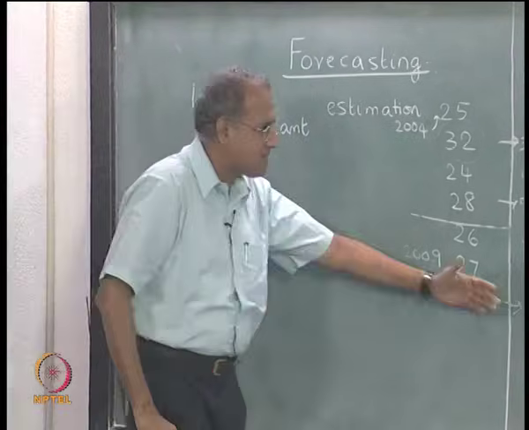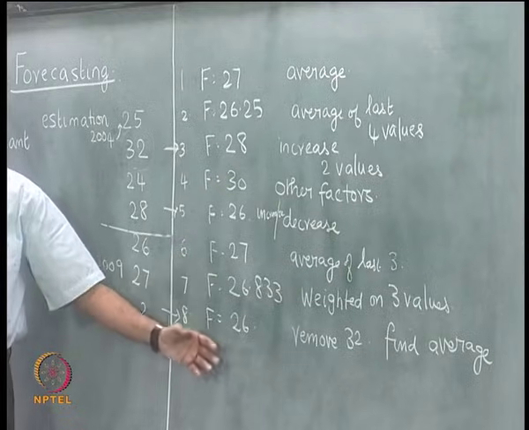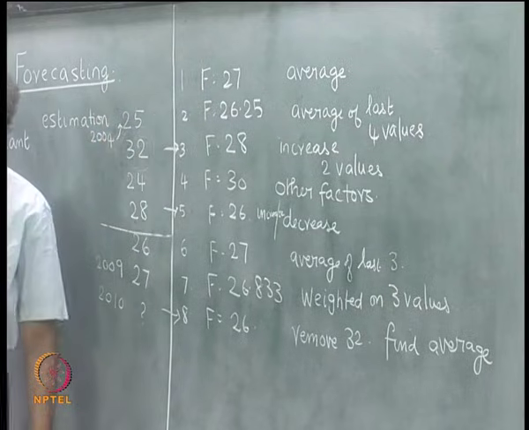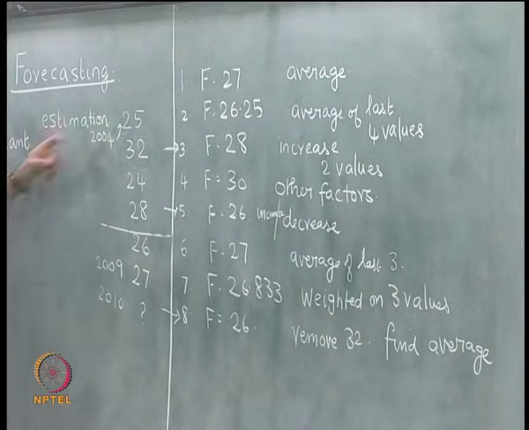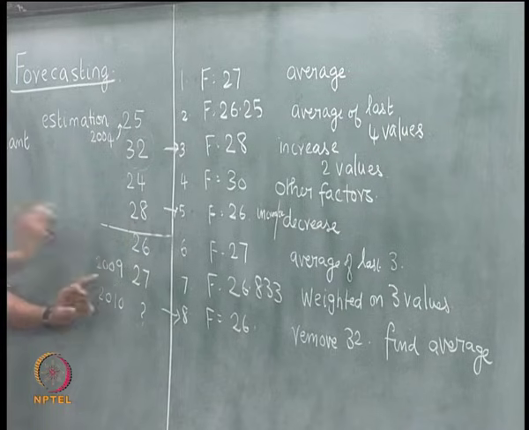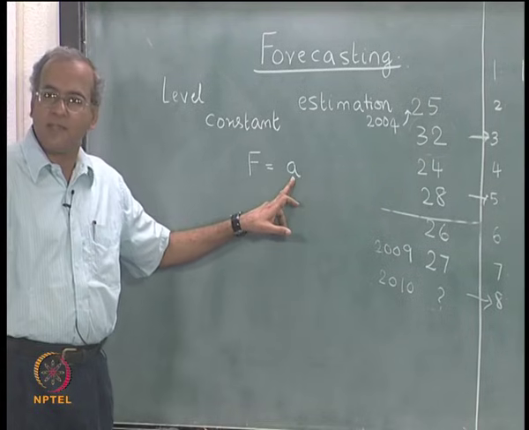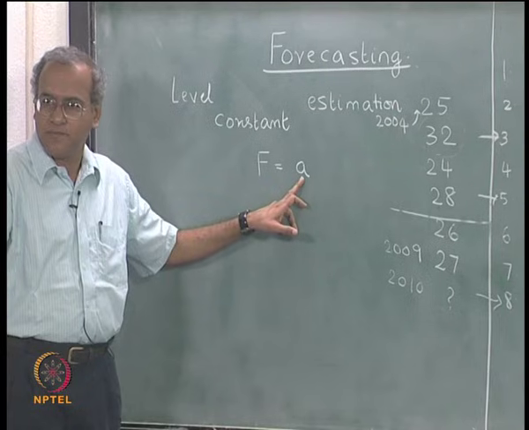which in some sense has been validated by 5 out of the 8 people saying that it is centered around the average. So, essentially we are trying to find out a constant or a number which adequately represents all these numbers under the assumption that there is no increasing or decreasing trend. So, which simply means we are trying to fit something of the form f is equal to a, where a is the constant or the level that we are trying to find out.